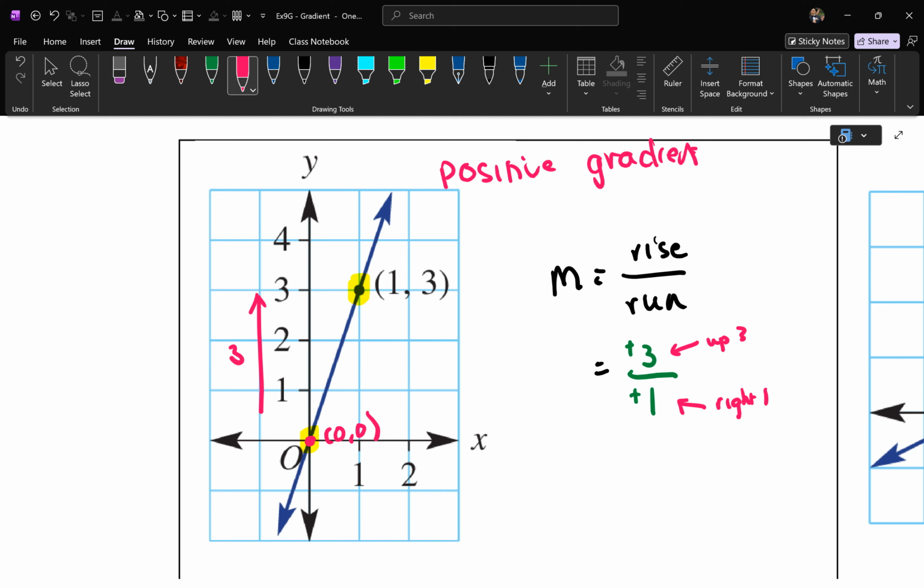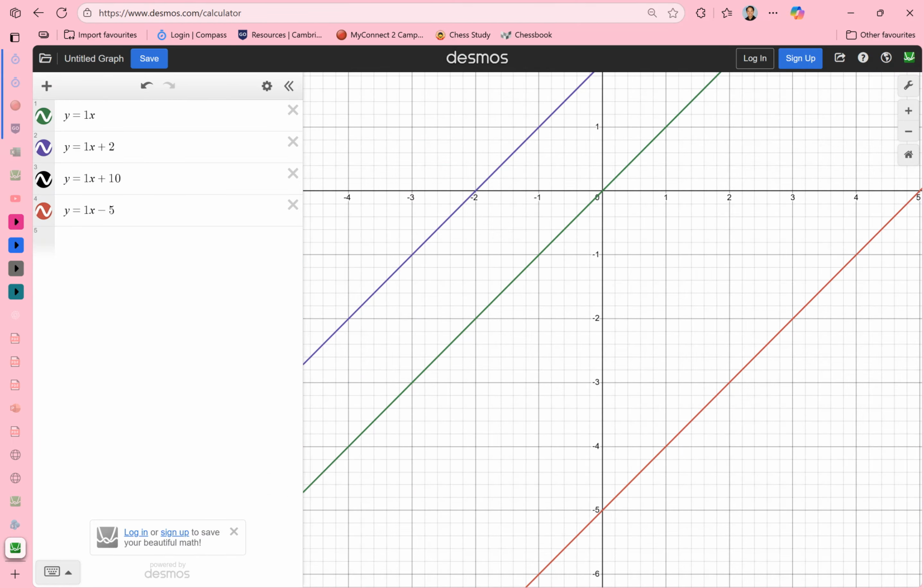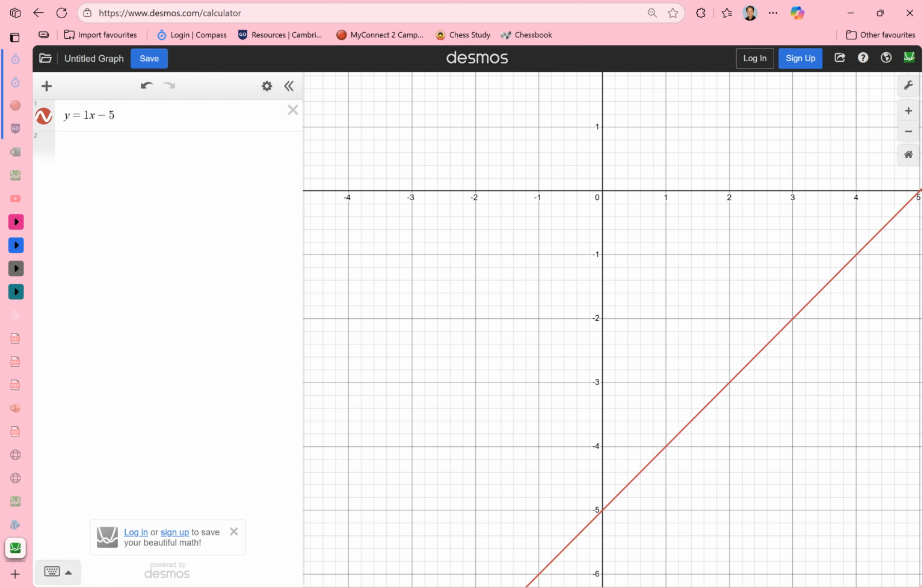1. What's your gradient? What's 3 divided by 1? 3. So your gradient is 3. That means that in your equation, if you type this on Desmos, all you have to type is the number in front of x. If you type 3, it should actually look like this graph. Watch what happens. I'll go to Desmos, I delete all of these, and if I just type y equals 3x,